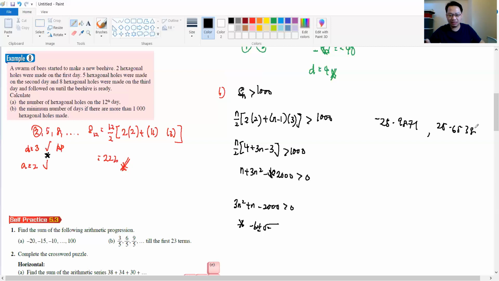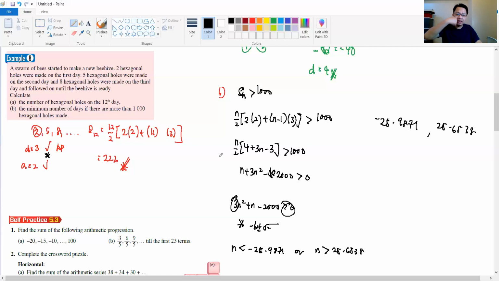Now you need to know what is the pattern of this. This is a clash, okay? So you need to learn the topic from chapter 2. This is now chapter 5. So positive a, more than 0, so it will be clash. After we find the roots, we need to write the inequality. The smaller root will be n less than negative 25.9871, or, and n more than for the bigger root,